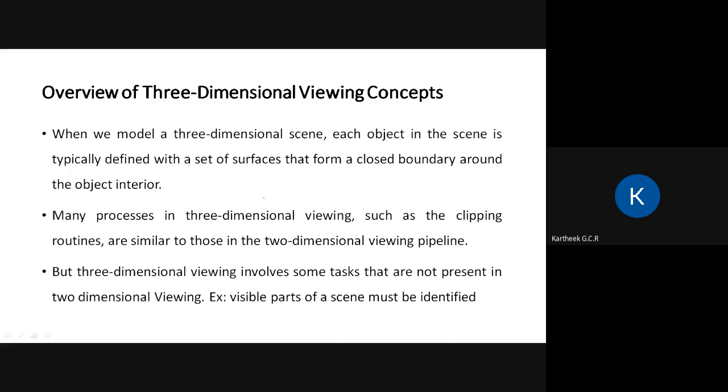Every object so far, whatever we have designed or modeled, would be modeled as a set of surfaces. The cube is modeled as a set of polygons which act as surfaces, and the surfaces act as a closed boundary around the interior of the object.